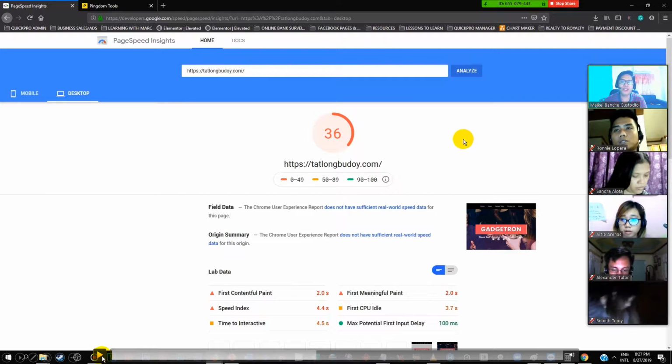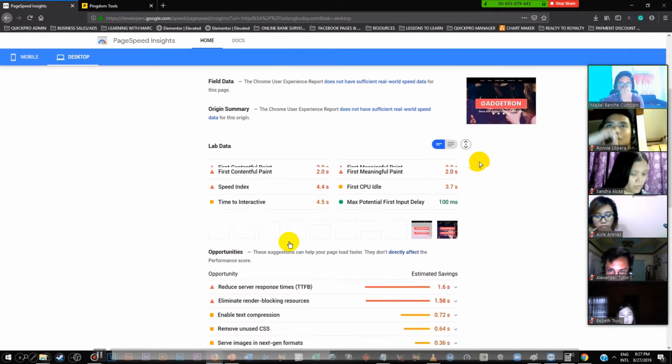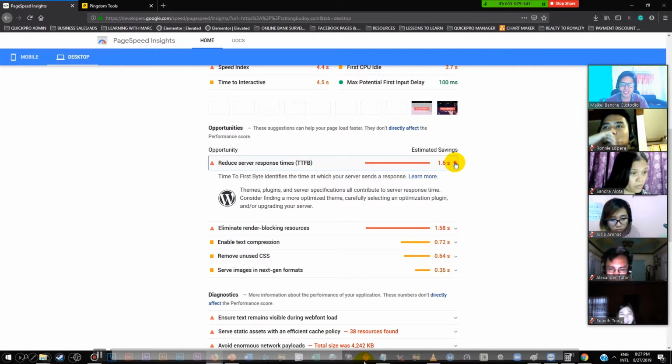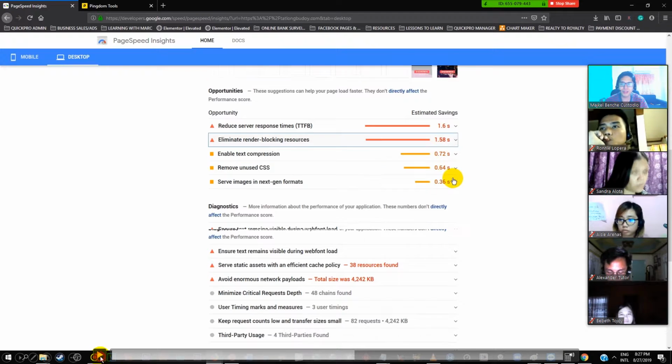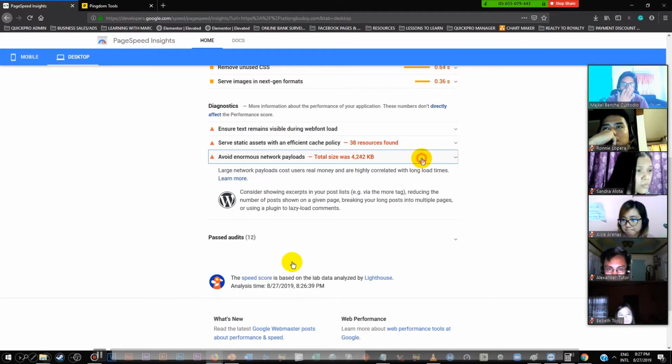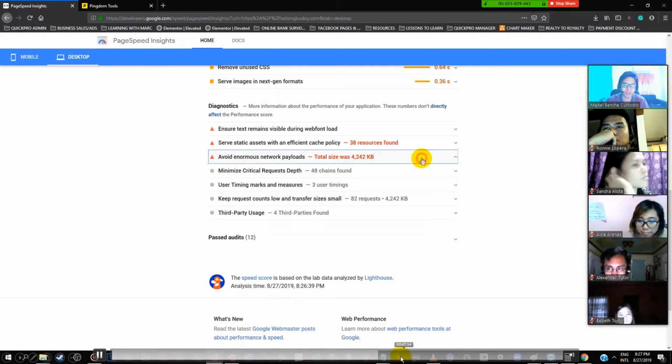But again, you don't need to worry about the score. What is your number one concern when it comes to checking the stats? The page loading speed. So let's go to Pingdom Tools next. By the way, there are different indicators on how to further increase the speed. You can follow that manually, but we're actually doing that now one by one, so don't worry.